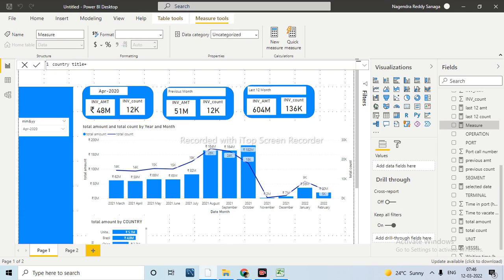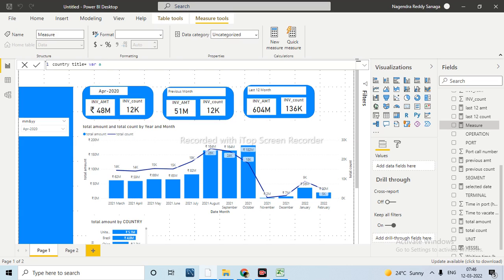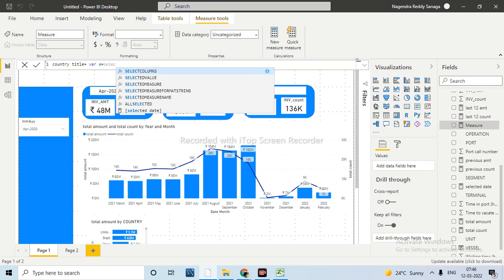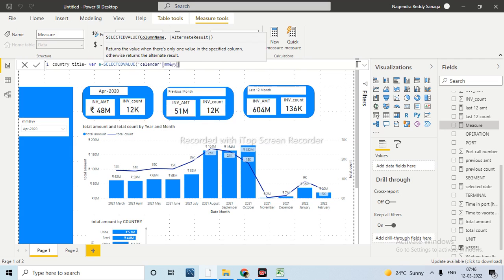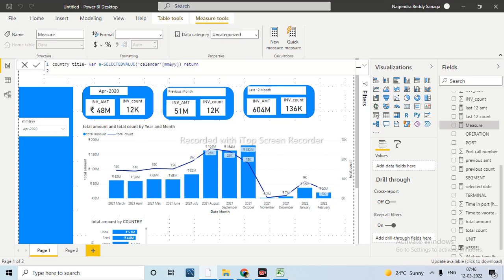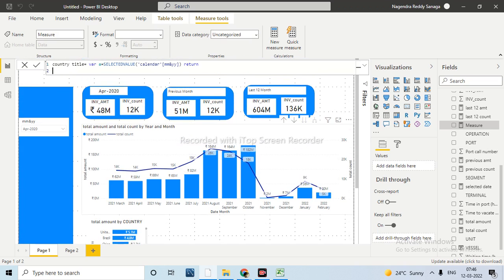First thing, I am declaring a variable, and whatever we have selected here, I am passing to that variable: the selected value of that calendar date, month and year. Return. Next I want to pass this text, like country amount by country, and hyphen, whatever month we have selected.